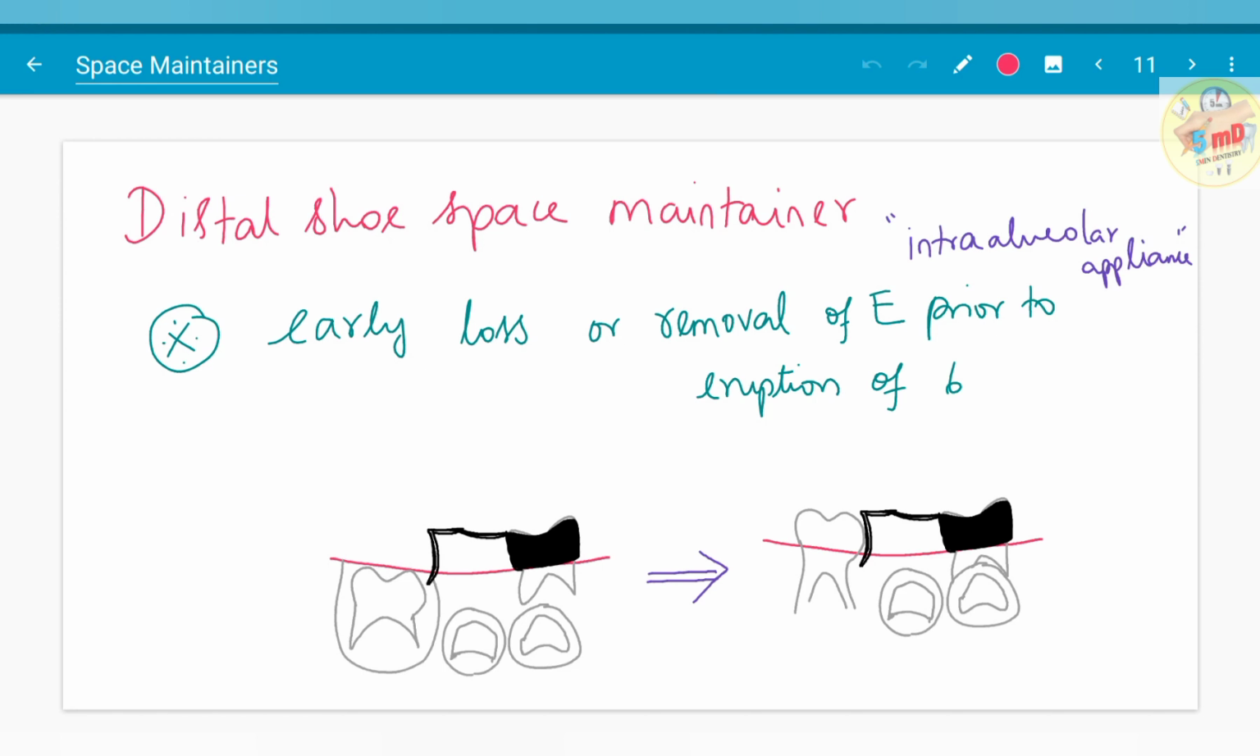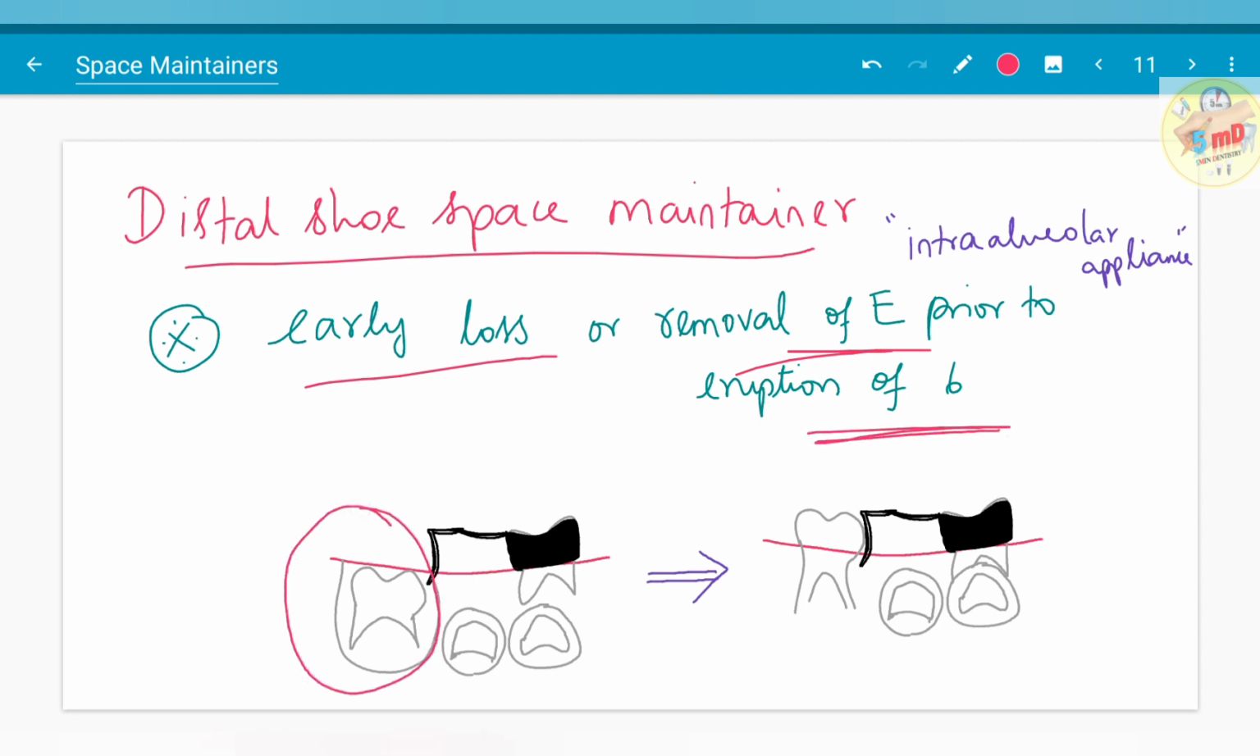And the next space maintainer is the distal shoe space maintainer. It looks like a band and loop, but you could see the differences here. What is this, and what is the indication for this? The important indication is early loss or removal of E, that is the second primary molar, prior to the eruption of 6. When 6 is yet to erupt, you have to use an eruption guiding appliance so that it will bring the 6 into its normal position like this. So this eruption guiding appliance is known as the distal shoe space maintainer. The name is from the distal shoe like extension present here. It is also known as